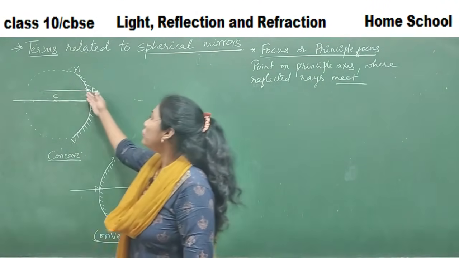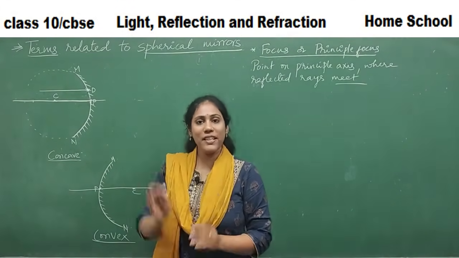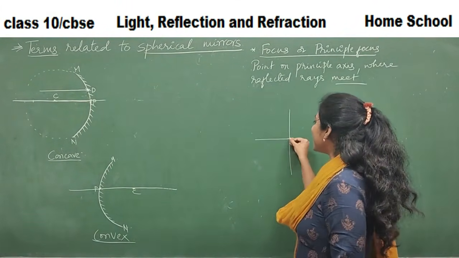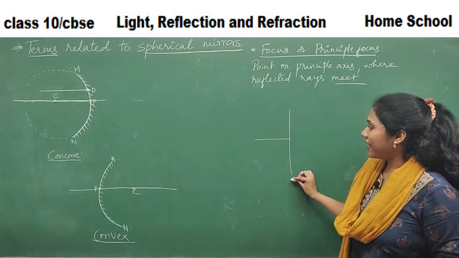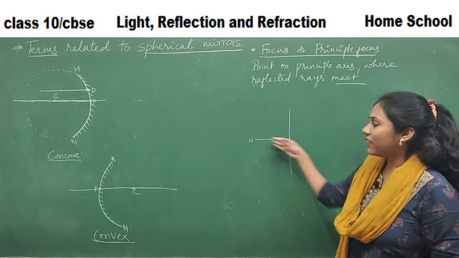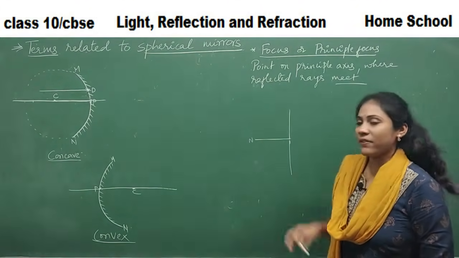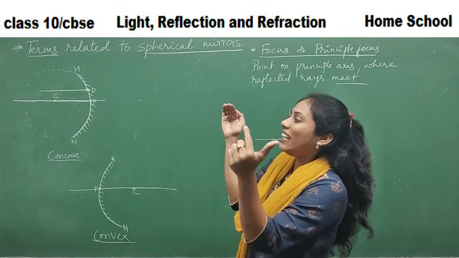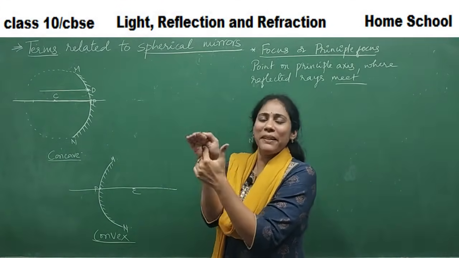So how do you draw a normal on this particular curved surface? If it is a plane surface, how do you draw a normal? Just a line perpendicular to the surface. Since it is a straight surface, if you draw a line perpendicular to it, this becomes a normal, as we have seen in the case of plane mirrors in the last video, right? Drawing a normal in a plane mirror is very easy. But here the reflecting surface is curved, no? So how do you draw a line perpendicular to this? At what point do you draw a line perpendicular to this?